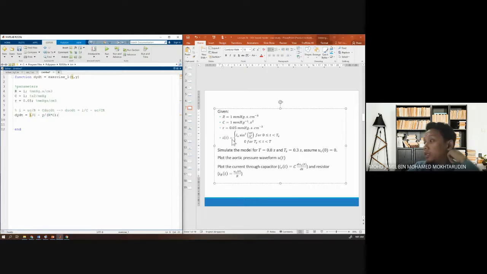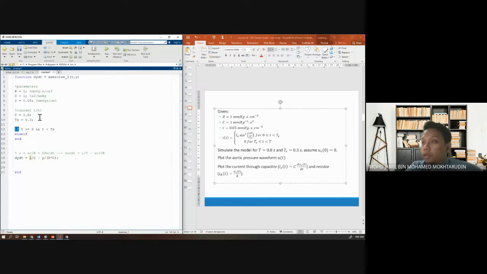The next step is to define the current I. The current I is in the form of if else. If t is from 0 to ts, I equals this. If t is from ts until t, I is 0. So you need to use if else. Before that, we need to define t and ts. So t is 0.8, ts equals 0.3. And you just write if t is bigger or equal to 0 and t less than ts,